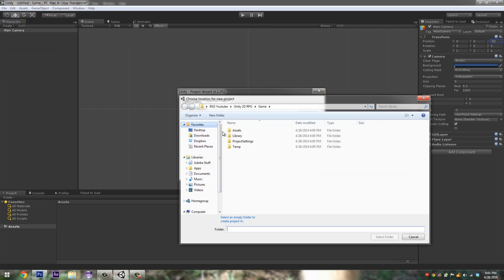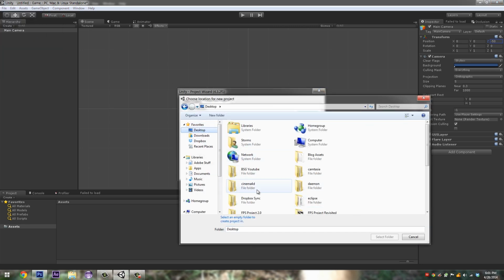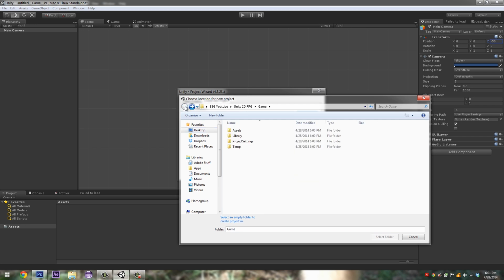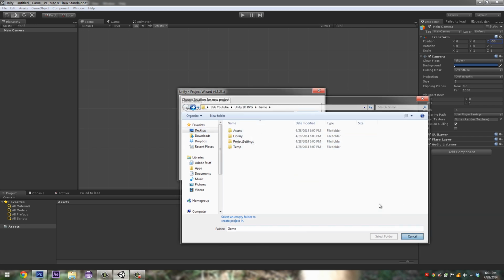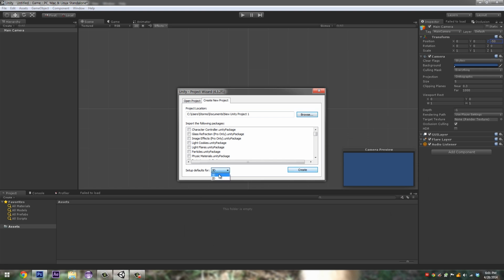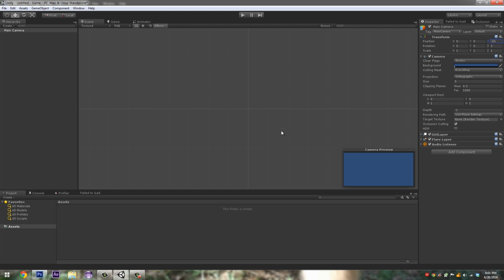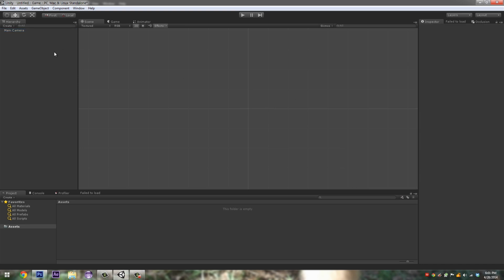So browse your location of where you would like to save your project, which I've already done here. And when you create a new project, make sure you set the defaults to be 2D, and then create. Alright, once that's done, we would click on your main camera and make the Z to -50. Alright, so in today's episode, we will be setting up the player and getting him moving around on the